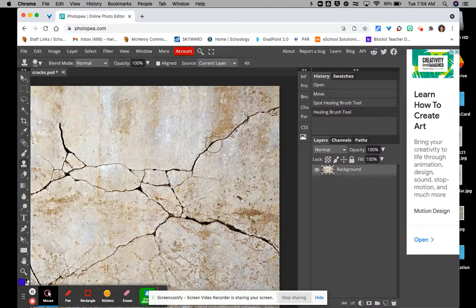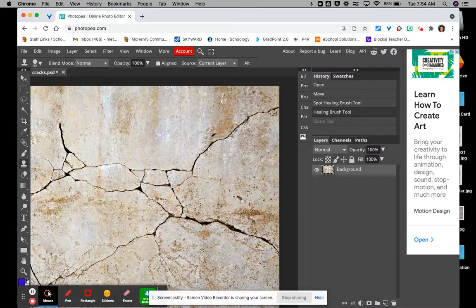So here, see how there's this variation here, and I want to clean that up. So I'm going to make this a little smaller. And then again, we're using the clone stamp, okay? And I'm going to click Alt with my keypad and click once. Here I want this little variation here, so I'm going to click. And then I'm just going to paint ever so slightly. Just click once. See, it created that crack that I didn't want. So I'm going to go backspace,